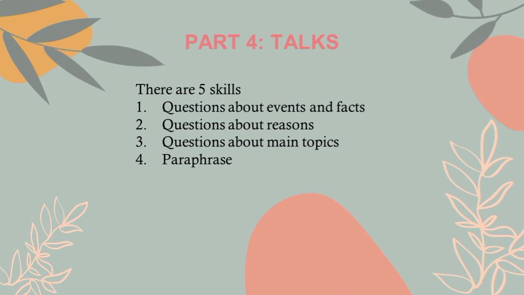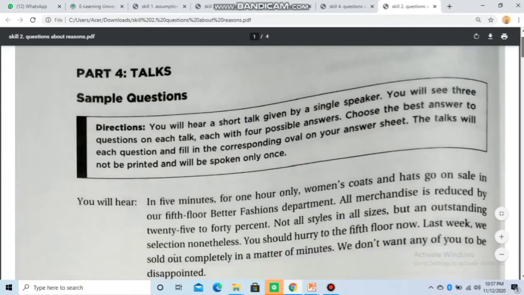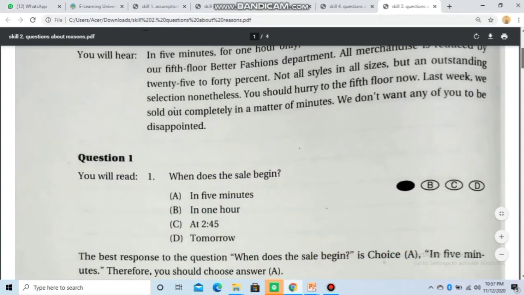The last part is talks. There are 5 skills. 1 is questions about events and facts, 2 is questions about reasons, 3 is questions about main topics, and the last is paraphrase. For examples,